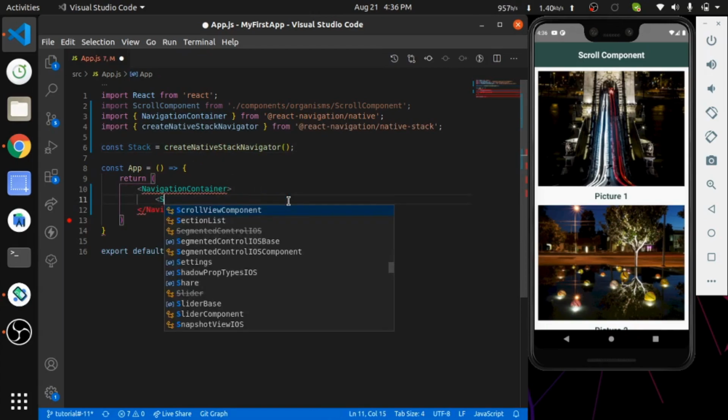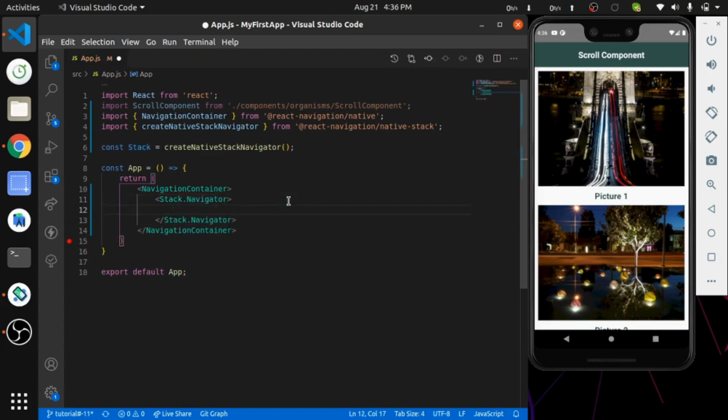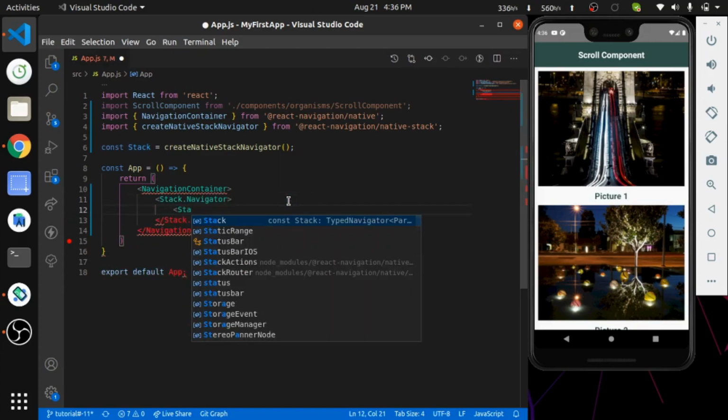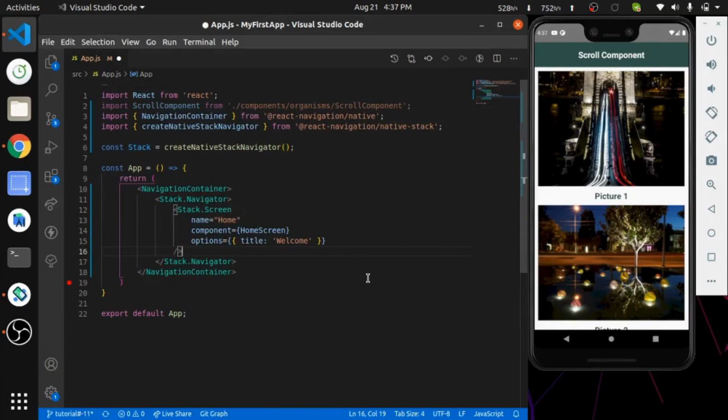Now we can use the stack navigator, and then we can put our screen with Stack.Screen, and I will use my home screen as the Scroll component, and the title will be Welcome.